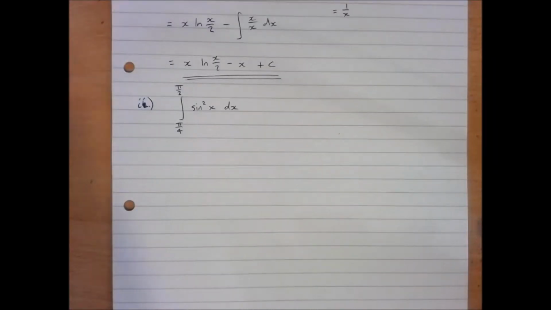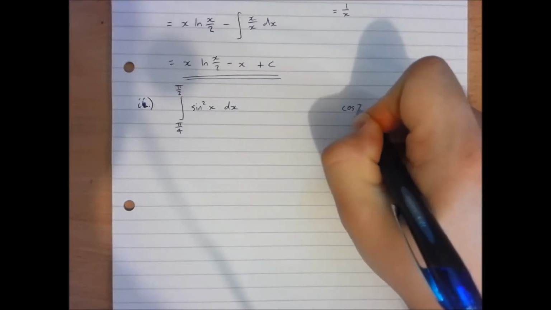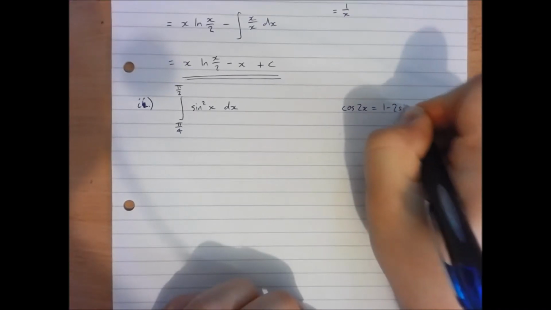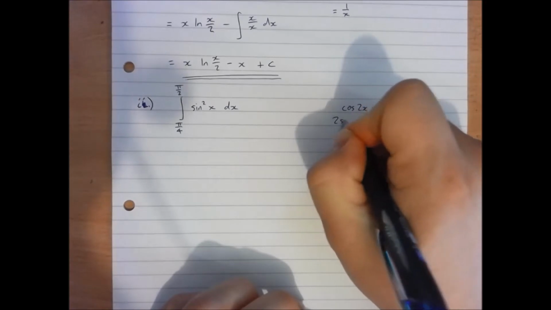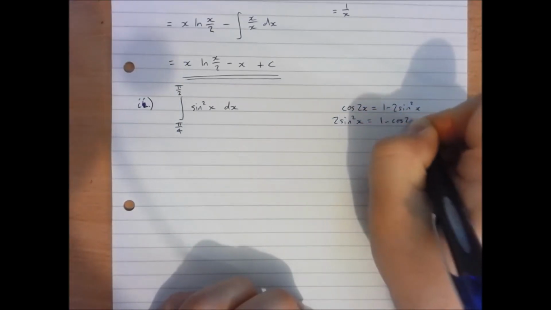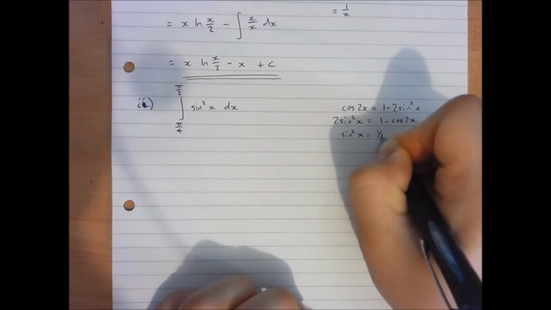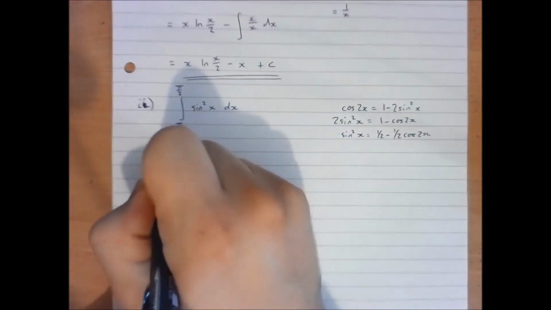In part 2, we now have to integrate sine squared x with respect to x. This requires trig identities. If we start with the fact that cos 2x is equal to 1 minus 2 sine squared x, I can rearrange this identity. 2 sine squared x is equal to 1 minus cos 2x, so sine squared x is equal to half minus half cos 2x. If I make this replacement in my integral,